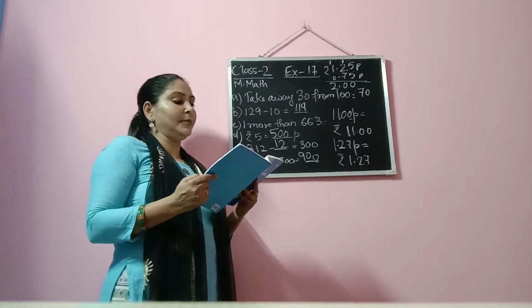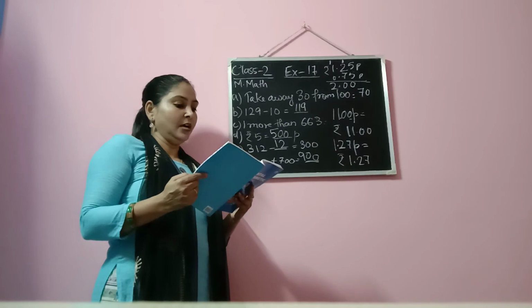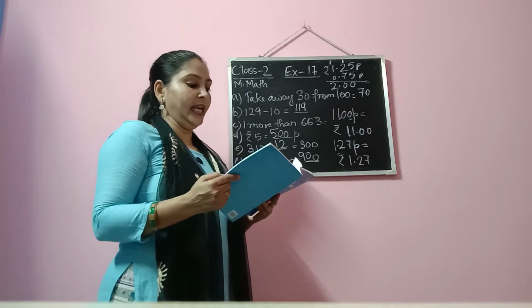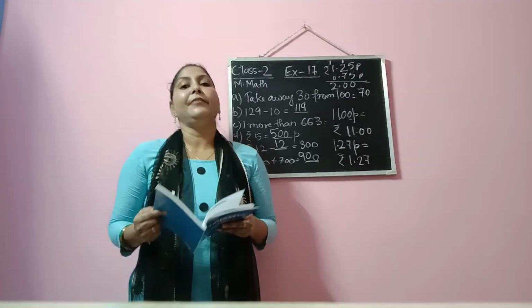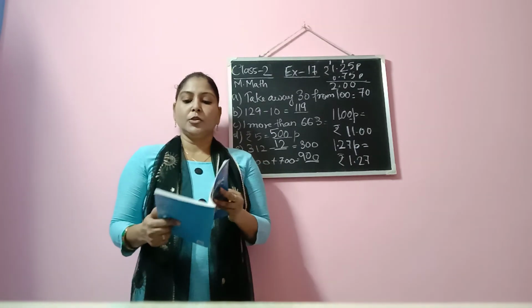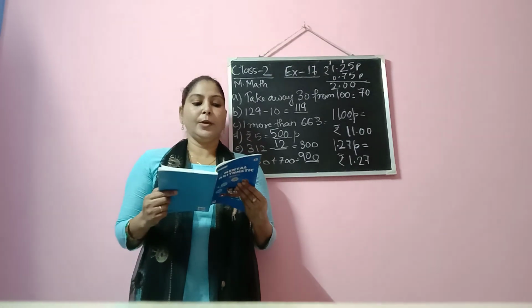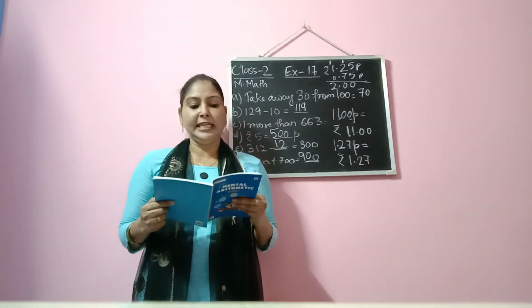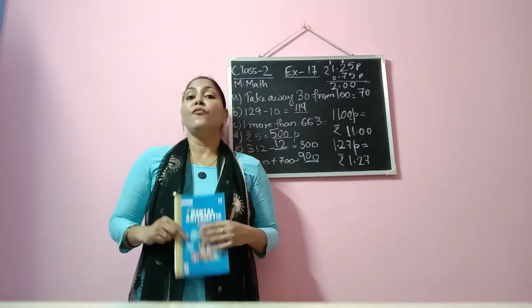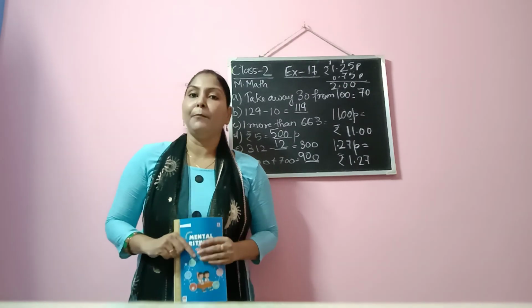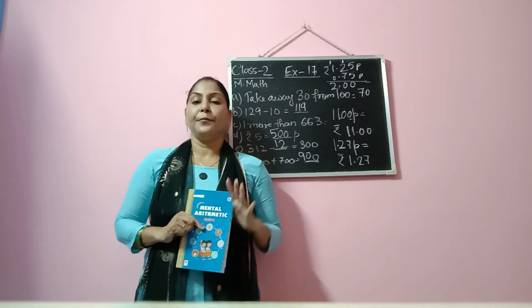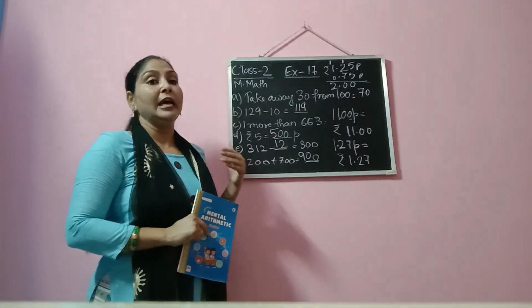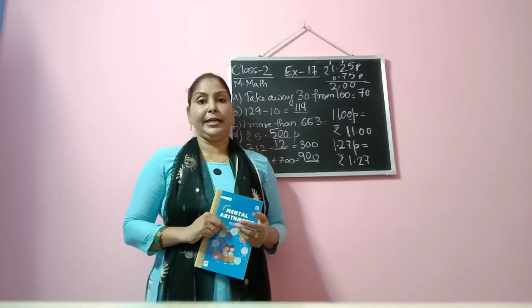Now exercise number 20 you will not do. I will explain it in the next class. So what you are going to do is exercises 16, 17, 18 and 19. That means 4 exercises you are going to complete in this video. In the next video, I will be back with the new exercises from 20 onwards.